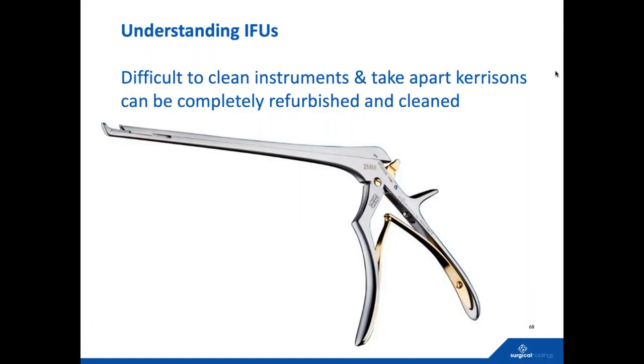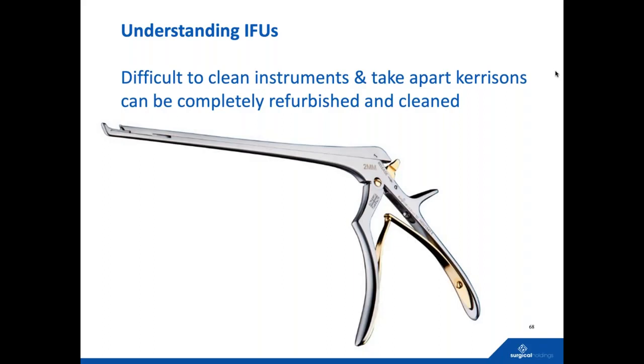I just wanted to show this image. We're coming to the last couple now, so apologies, we're overrunning slightly. A take-apart kerrison rongeur, and this is just something I wanted to flag: making sure you understand the instructions for use, and if there isn't an instruction for use with a device such as this kerrison, which may seem obvious to me, that you flick the trigger at the back and take it apart, you really have to rehearse these things so you know how to assemble and unassemble. It's like assembling the rifle and then being able to take it apart and put it back together again. And you should get the sales guys who you're working with to come in and help you run through that,